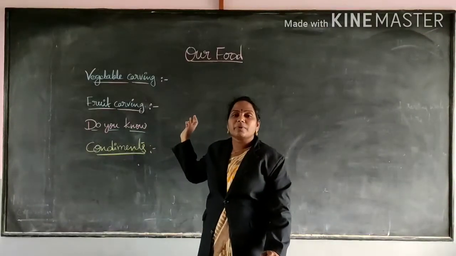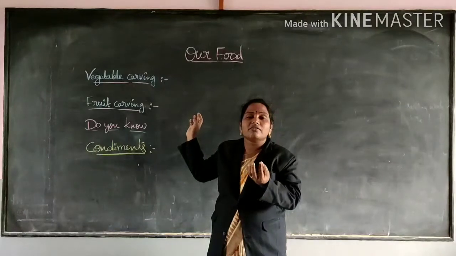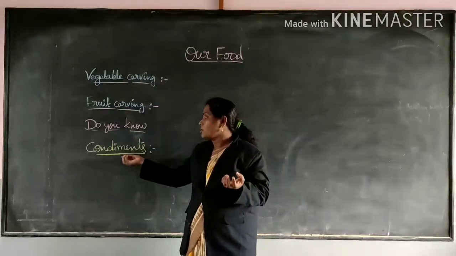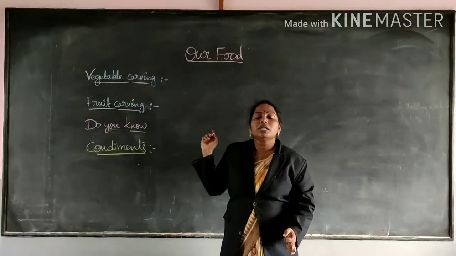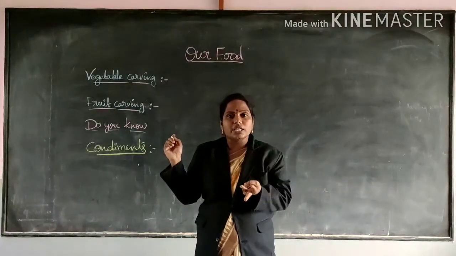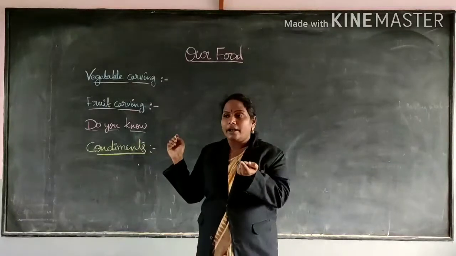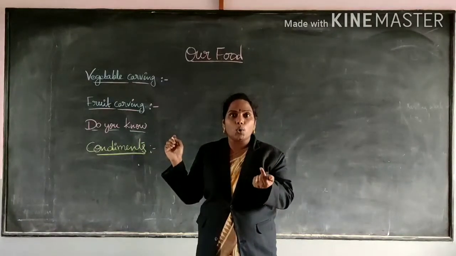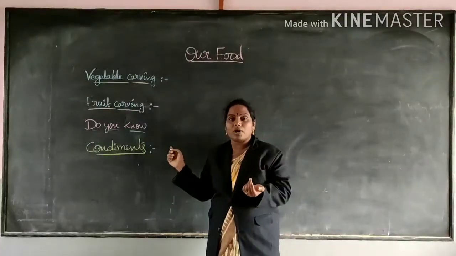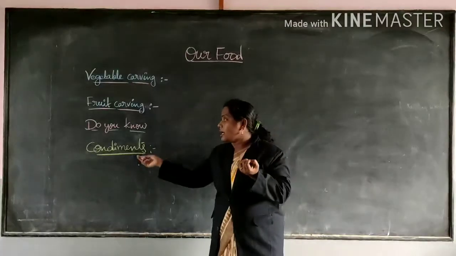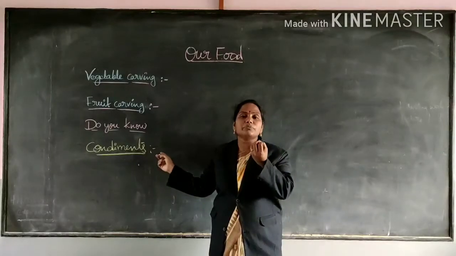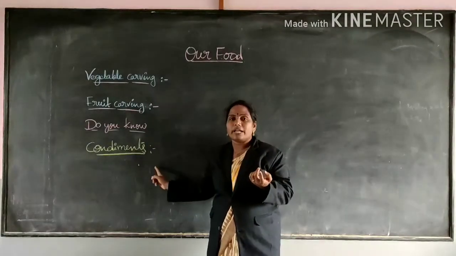Next, ingredients. Do you know what ingredients are? The materials which are required for the preparation of food are known as ingredients. Next, condiments. What are condiments? The fragrant, good smelling materials, just like jeera, and next ilachi, lavang. Lavang means clove, and ilachi means cardamom, and darchini is cinnamon. These are all called condiments. They give fragrance and good smell to the food.